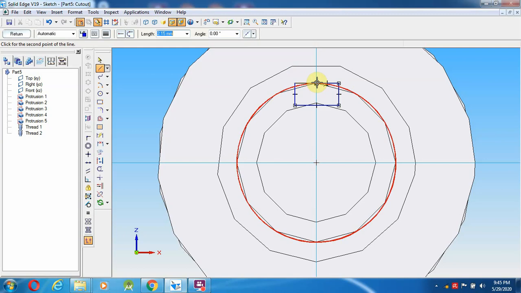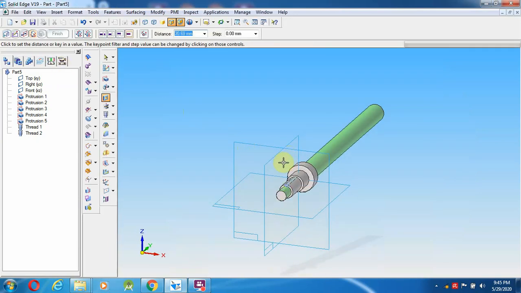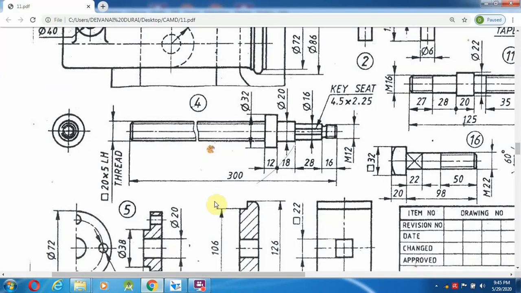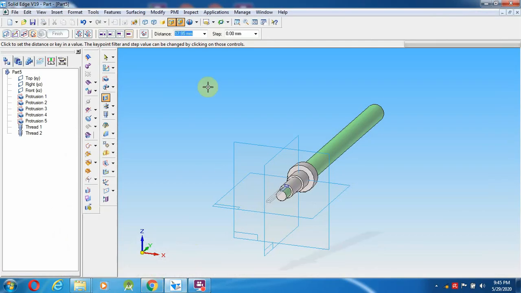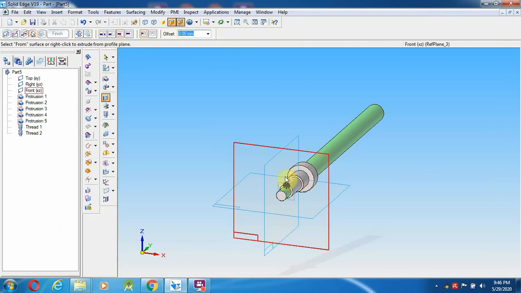Okay, so after this is done, I am going to give return. So up to which one? Up to the end, next 20 mm diameter. So go over here, select the front to extend up to this, left and right click, that's it. So this will be created over here, a small groove has to be created over here.